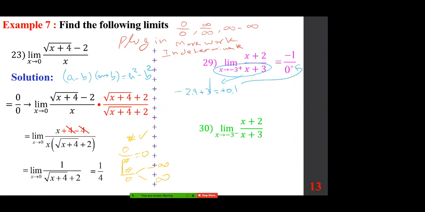Why is this important? Any number over 0 is infinity. The only thing you need to figure out is the sign. So what is the sign? Negative over positive is negative infinity. If you look at this case,